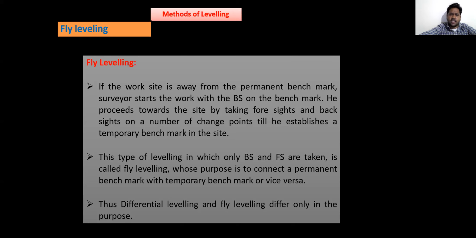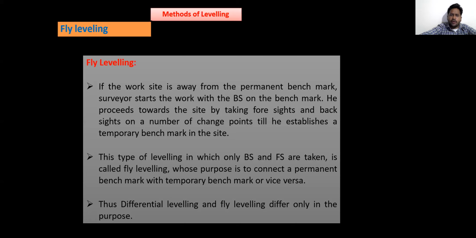The surveyor starts the work with the backsight on the benchmark. He proceeds towards the site by taking foresight and backsight on a number of changing points till he establishes the temporary benchmark at the site.